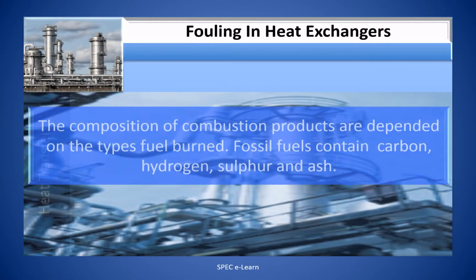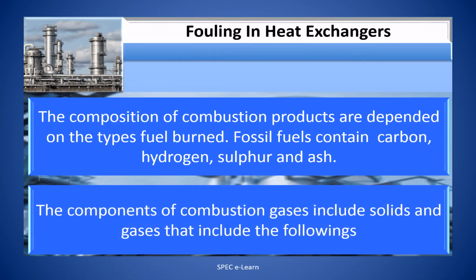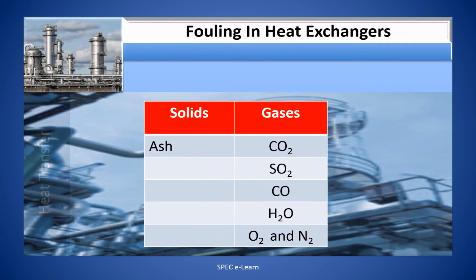The composition of combustion products is dependent on the types of fuel burnt. Fossil fuels contain carbon, hydrogen, sulfur, and ash. The components of combustion gases include solids and gases that consist of the following: ash, CO2, SO2, CO,